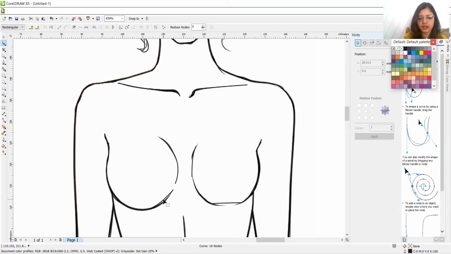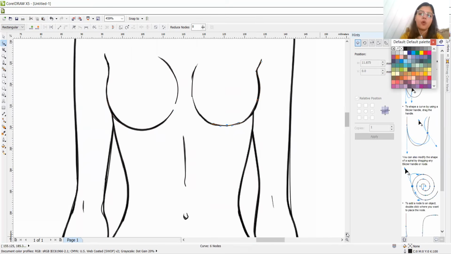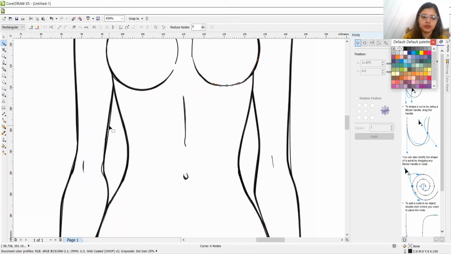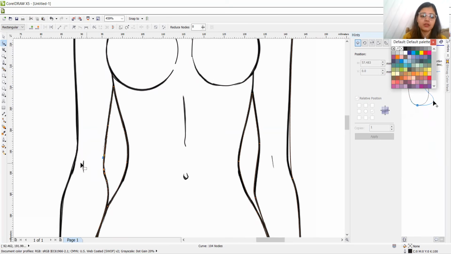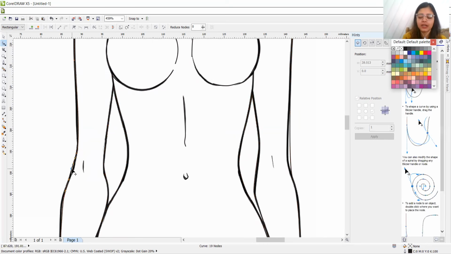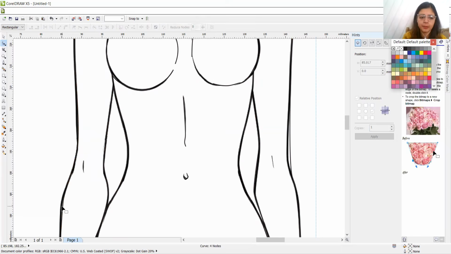In the bust area, adjust. So whatever the pose is, whatever croquis you want to trace, you just have to do the pencil art first and then you have to shape it, because it's not like you can do it once and get it all correct with the pencil.